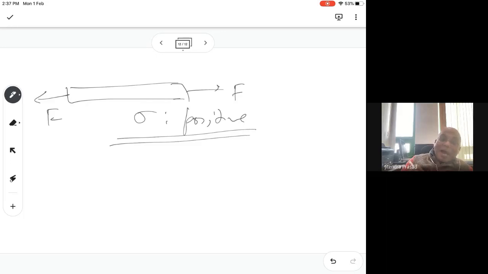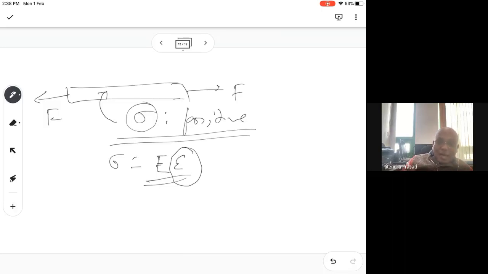You follow? So sigma has a different meaning, because sigma is a different kind of property. It's not the force. Sigma is equal to E times strain, and strain means how much the length has increased, right? So if there is a tension, then the length will increase, and hence it has to do with the change in length, not the force, basically, right?